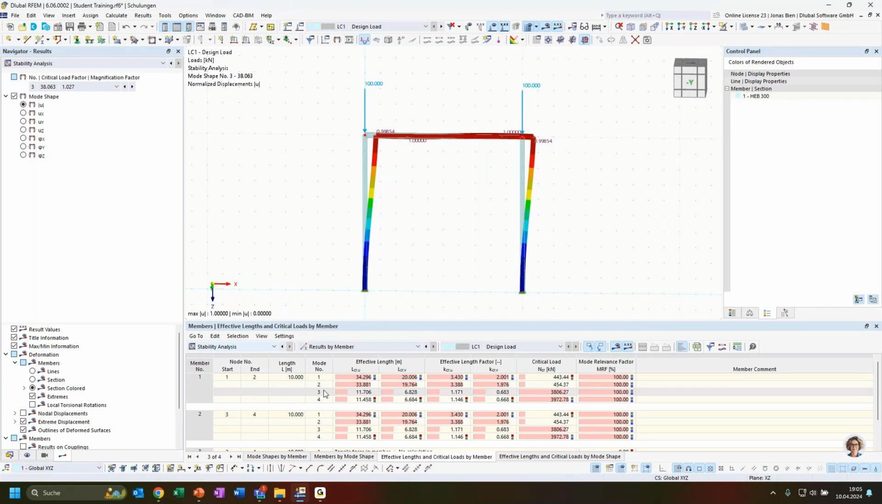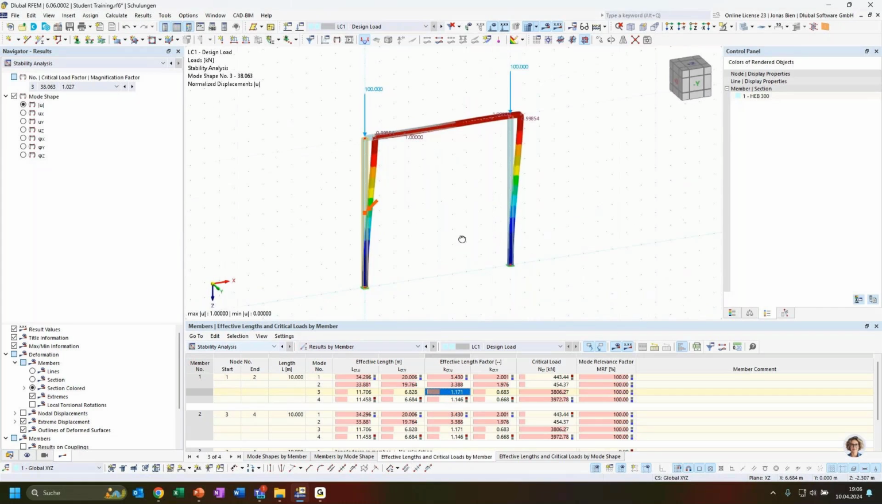We could actually now, for our mode shape number 3, which represents this in-plane buckling, derive our effective length factor for the equivalent member verification check for this steel column from the Steel Design add-on, and in this case it wouldn't be 1 or 2, which we would get for Euler case 1 or Euler case 2, but it's some value between. And this value here,